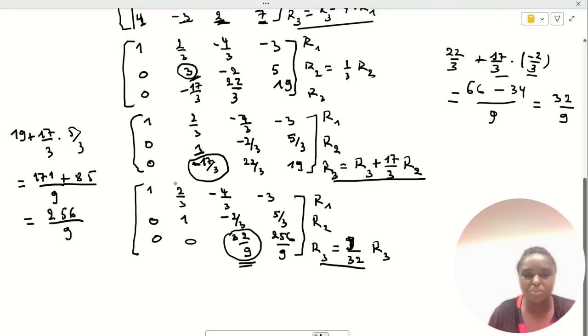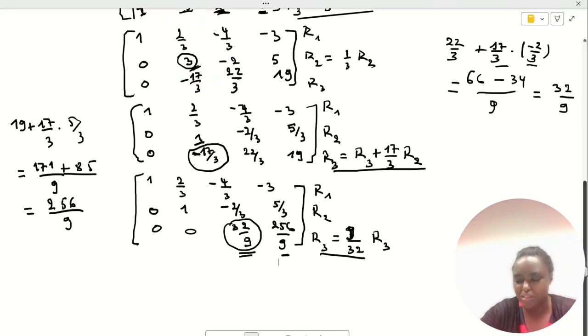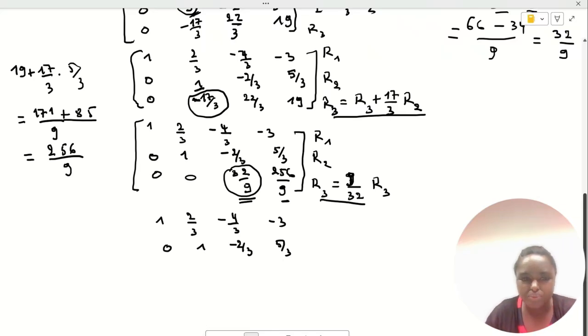This number will be changed into 1, but then this one will be equal to what? Let me first fix the first row and the second row, and then go ahead and transform the third row. If we fix the first row, we will get 1 and 2 over 3 and minus 4 over 3 and minus 3, and the second row is 0 and 1 and minus 2 over 3 and 5 over 3, and the third row will be, we have 0 and 0 here, and then 1 here, because we are multiplying by 9 over 32, but this number will change into